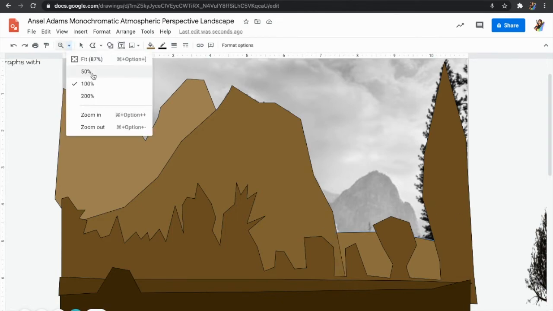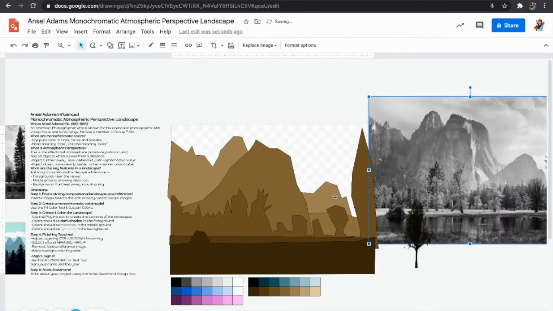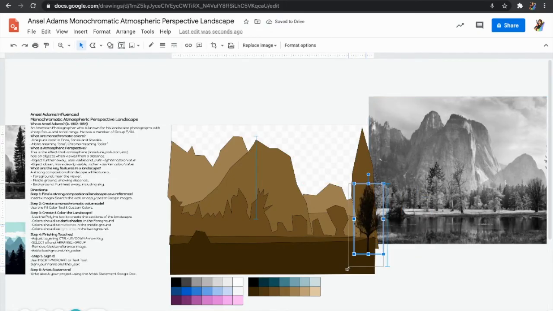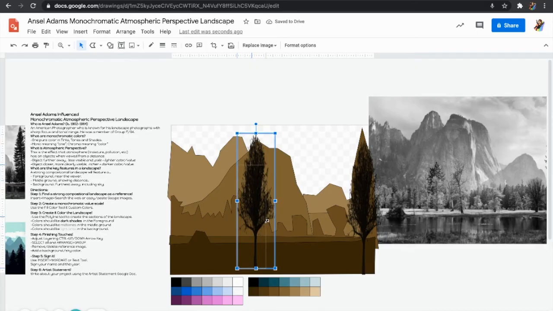So now what I'm going to do is I'm going to zoom out. And I know that other piece is hanging out behind here, so I'm going to try and move that over and line it up. There we go. So here's my composition, and if I want to use this tree in my foreground to oomph it up, or in my background,